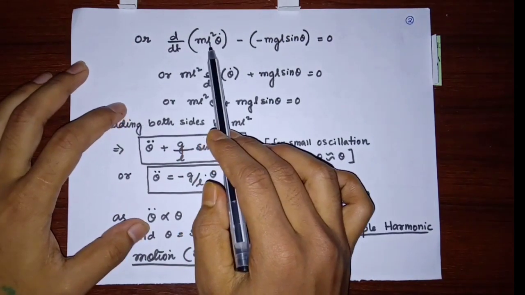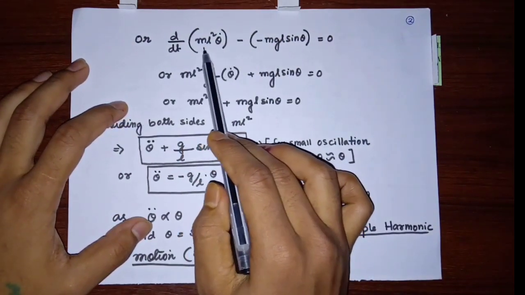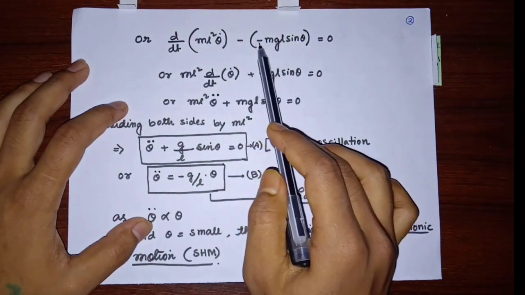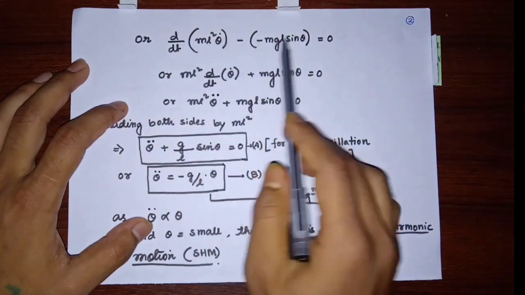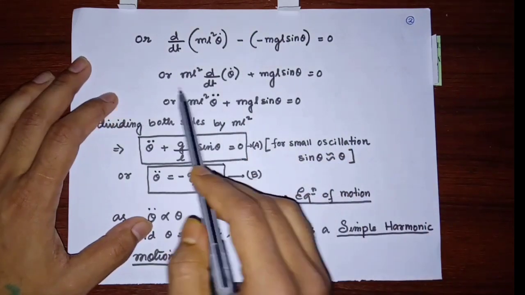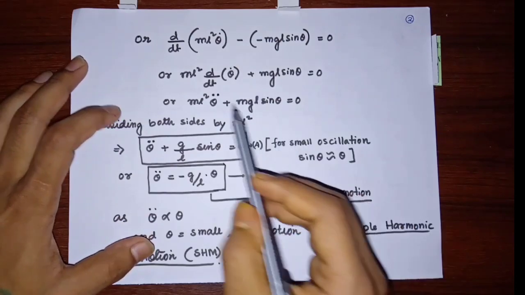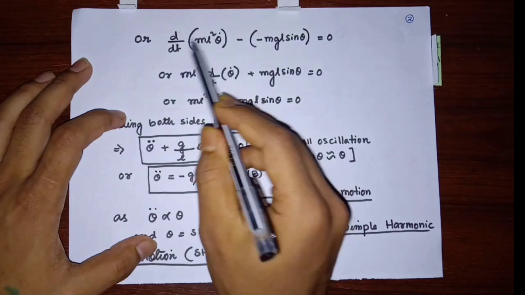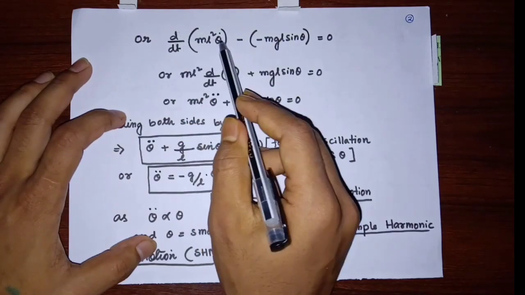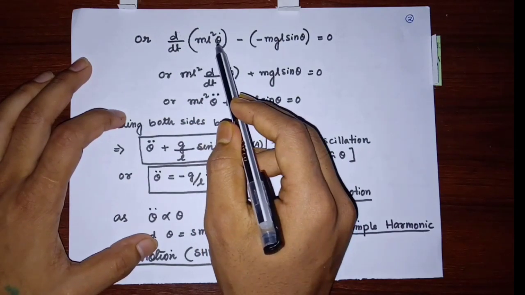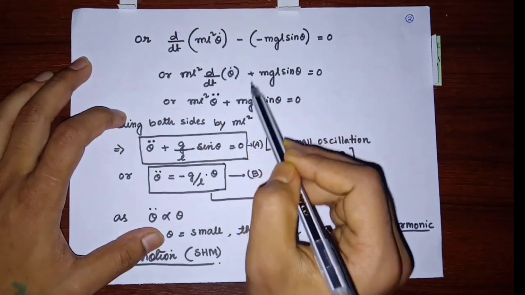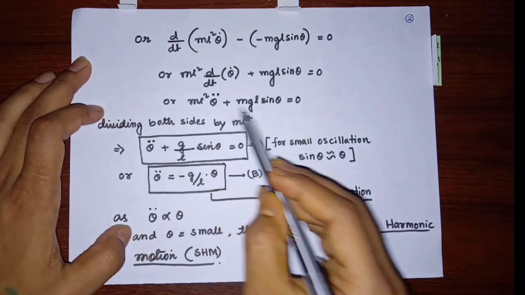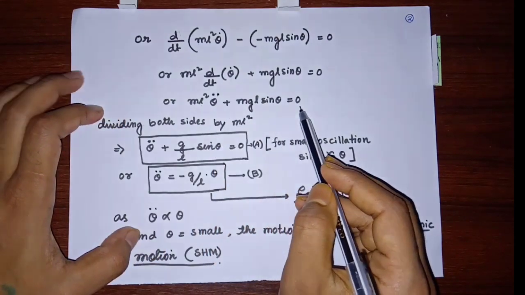So it was d/dt of del L by del theta dot, whose value is this one, minus del L by del theta. Del L by del theta's value was minus mgl sin theta. So this minus minus becomes plus, and this is the equation we have got. Now d by dt of this part, which is constant, will be d by dt of theta dot. So this is acting as a velocity. When differentiated again with respect to time, it will be theta double dot, which acts as acceleration. So ml square theta double dot plus mgl sin theta is equal to 0.